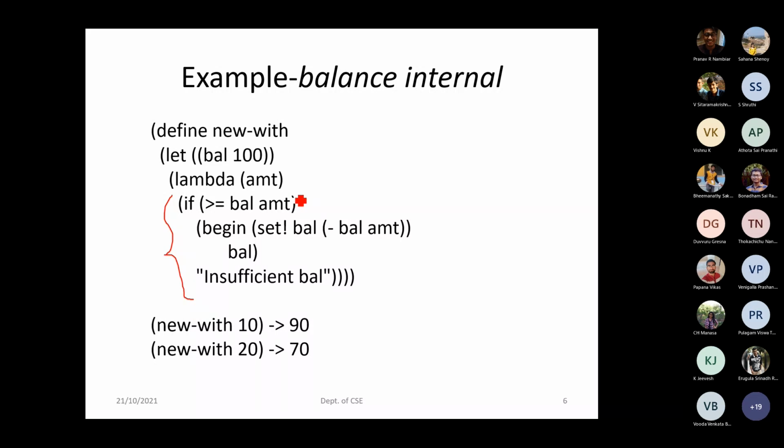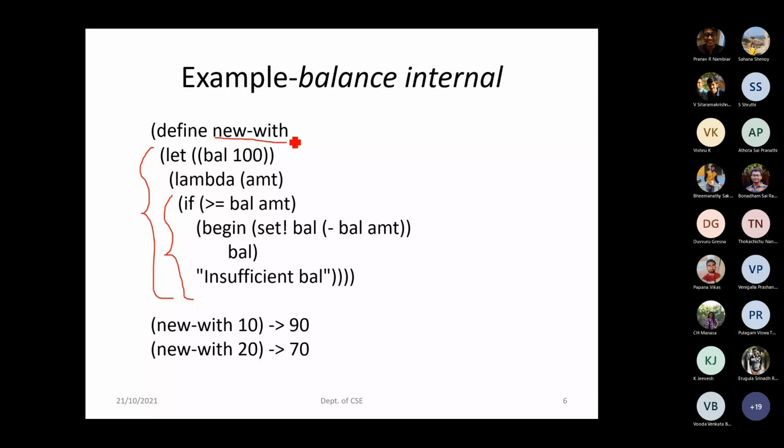My intention is that when it is a global variable, it is not safe from anyone outside this procedure. Anyone else can also access this variable, and it could be modified. So to make it a local variable, how can we do it? One way is by using this let statement. Inside the let, I have returned a lambda procedure, and I have assigned the entire thing to the variable name new-withdraw. This is a variable name, it's not a procedure.